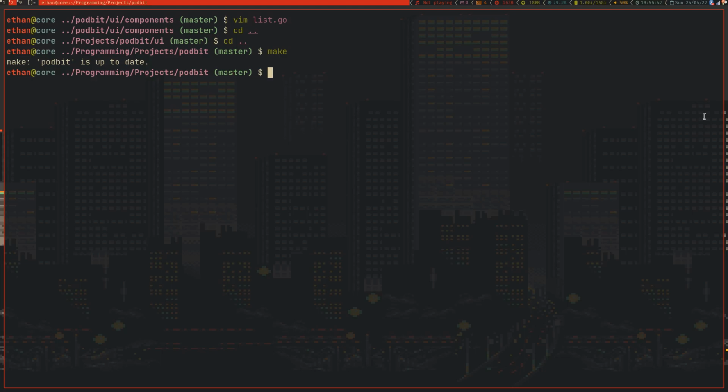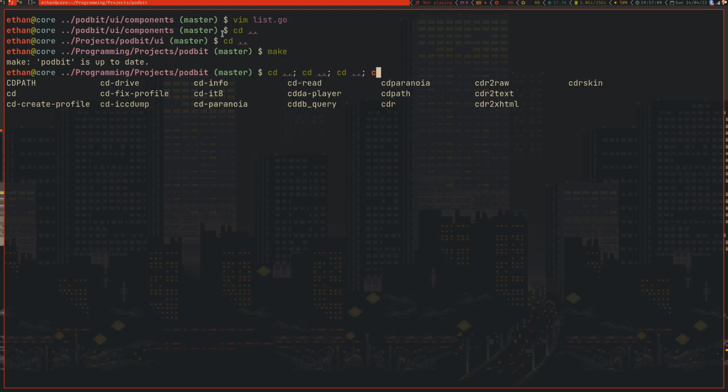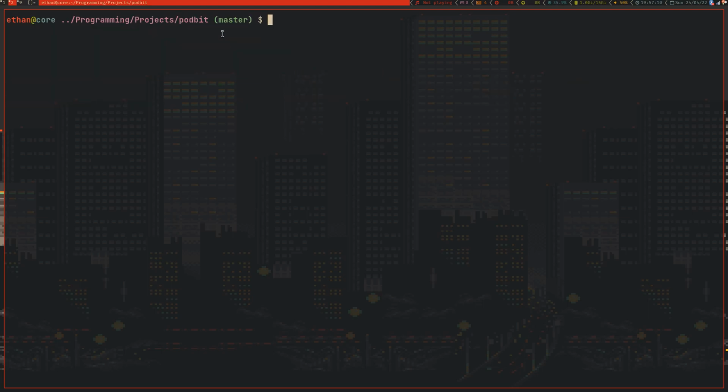For instance, say I need to get back to a directory which is in the projects directory, or even in the programming directory, let's say. I need to get to a directory that's in the programming tests C directory. Well, instead of going cd .. and then you can write a semicolon, we'll come into that in a minute, cd .. then cd .. all in a row, and then finally cding into the correct directory, you can instead simply write cd ../../tests/c/